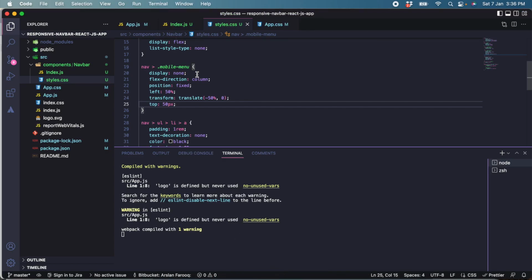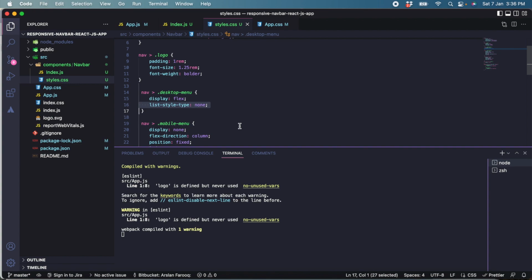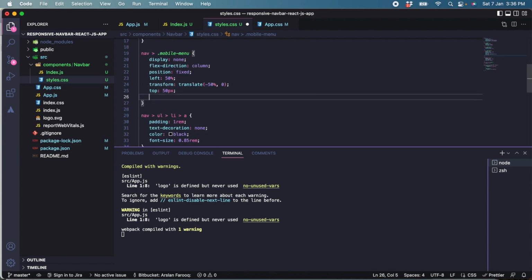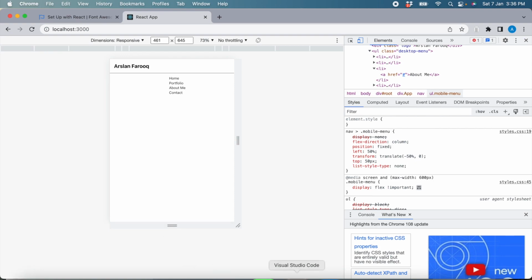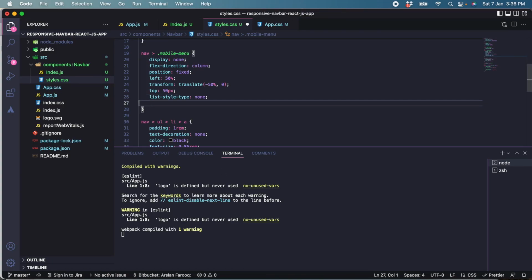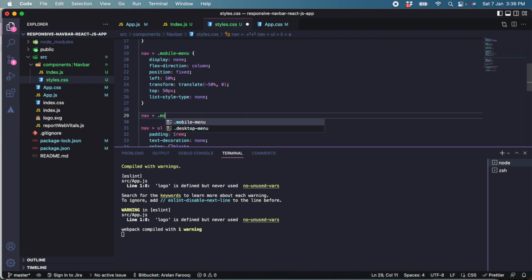there is an issue here, because we are defining the list style type here, so we also need to do this here. So yeah, everything is removed. Now we want to modify our menu items, and for that we need to do nav and unordered list, not just unordered list, we want to do mobile menu, and there we go to the list items, to the anchors, and